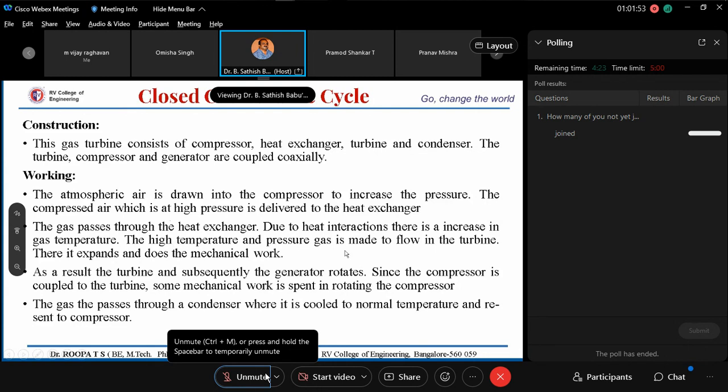The high temperature and high pressure gas is made to flow in the turbine where it expands and does the mechanical work. So because of which the turbine and the generator will rotate. The part of energy, same as in case of open cycle, here also is used to run the compressor. And the gases pass through the condenser where it is cooled to normal temperature and resent to the